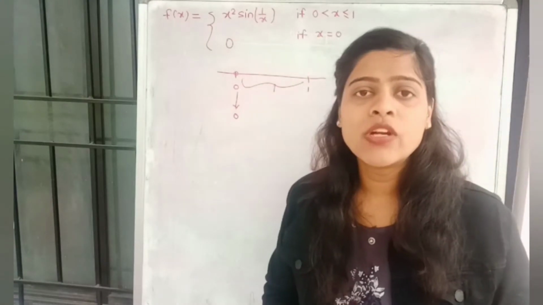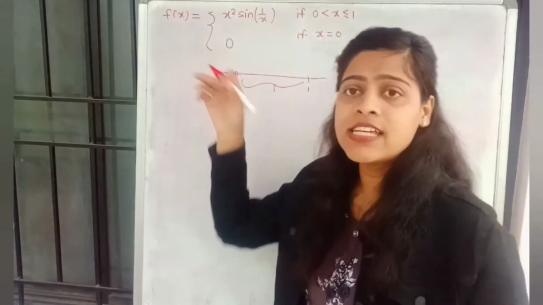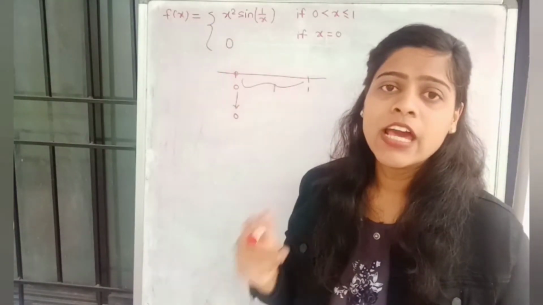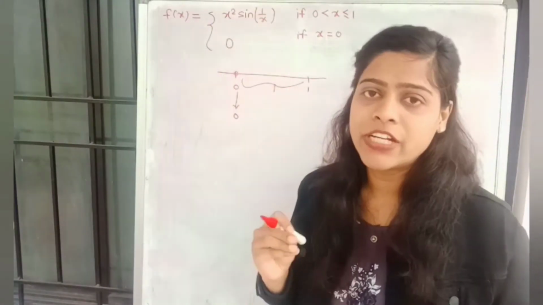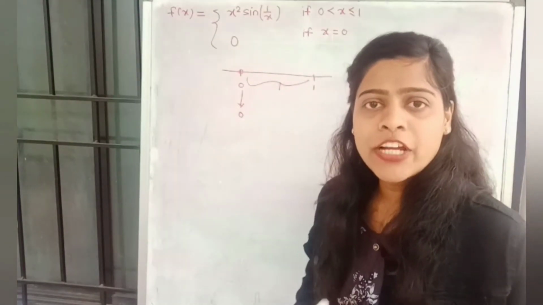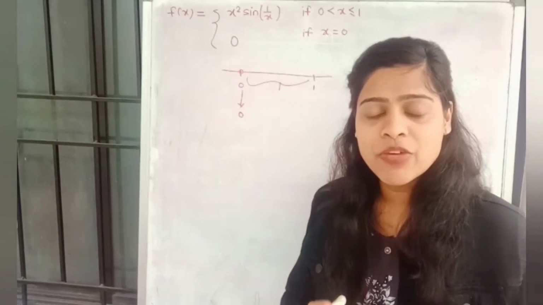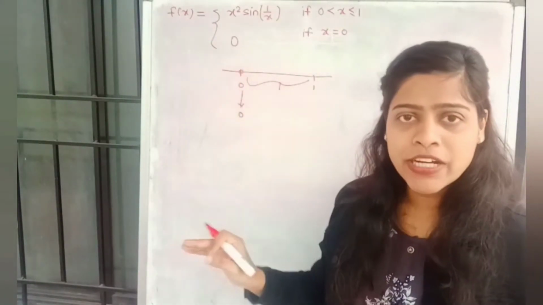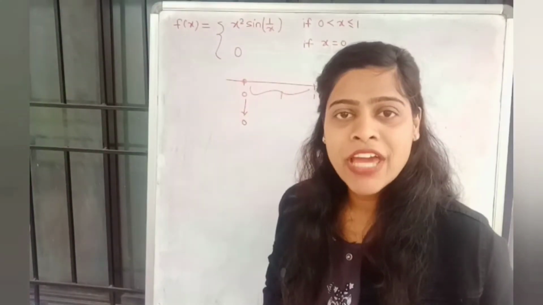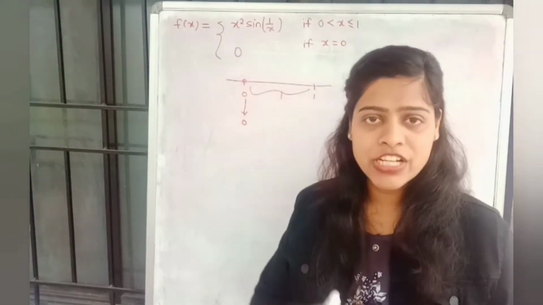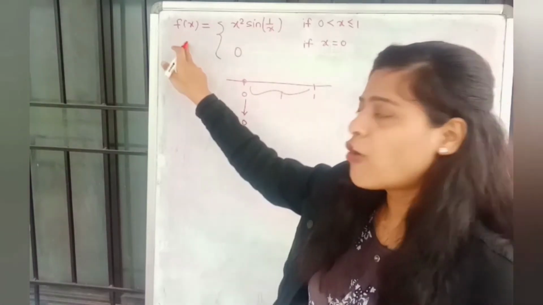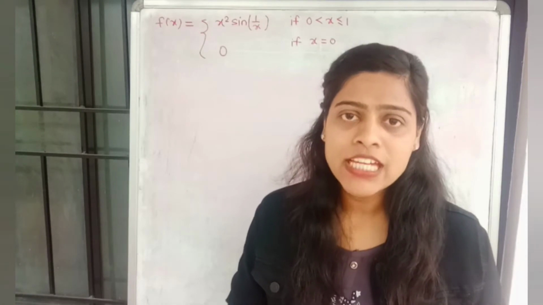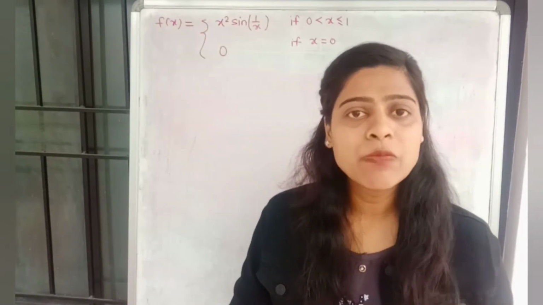In this question, we only have to find whether this function f(x) is differentiable or not, second, whether it is continuous or not, and third, whether it has a bounded derivative or not. We already know one theorem: every differentiable function is a continuous function. If this function is differentiable, then automatically it is continuous. We only have to check whether f(x) is differentiable, and whether it has a bounded derivative. Now check the options. We have to check differentiability and continuity at the point x = 0.